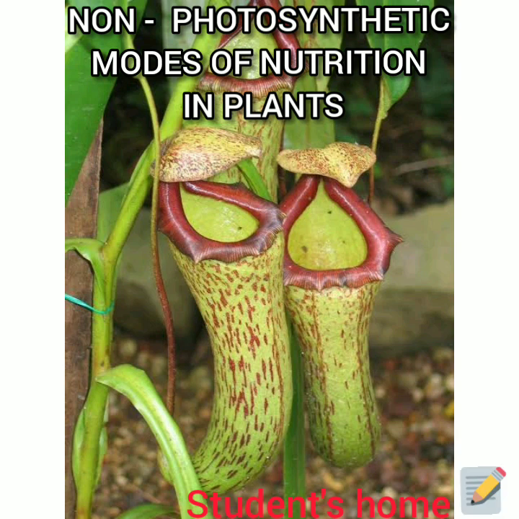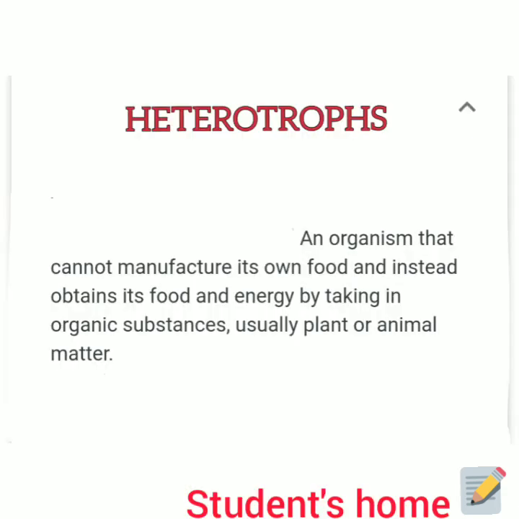So class, now we know that plants do photosynthesis for their food, but there are some plants which don't have the potential to do photosynthesis, so they go for non-photosynthetic modes of nutrition. This is found in some plants like Venus flytrap, pitcher plant, amarbel, etc. So class, now we are going to discuss in detail these different types of non-photosynthetic modes of nutrition